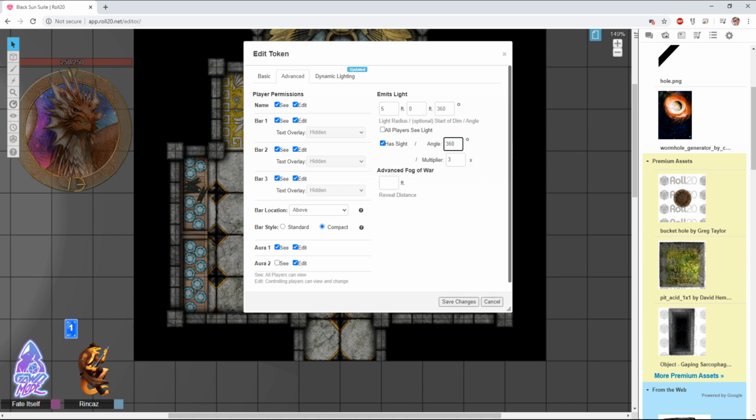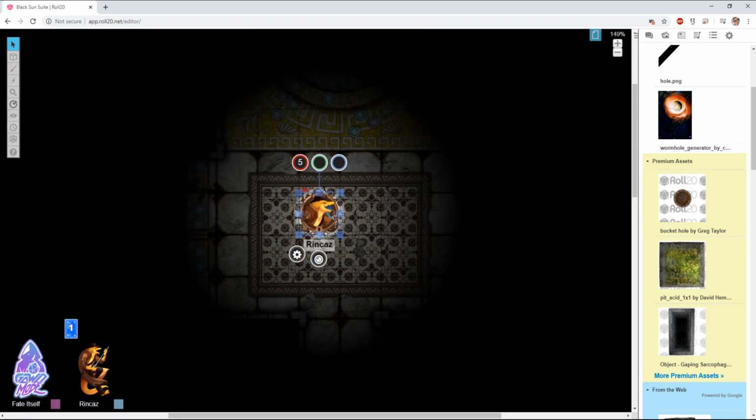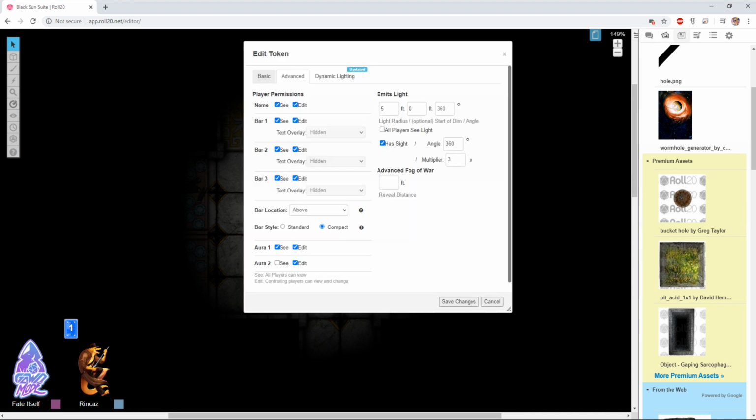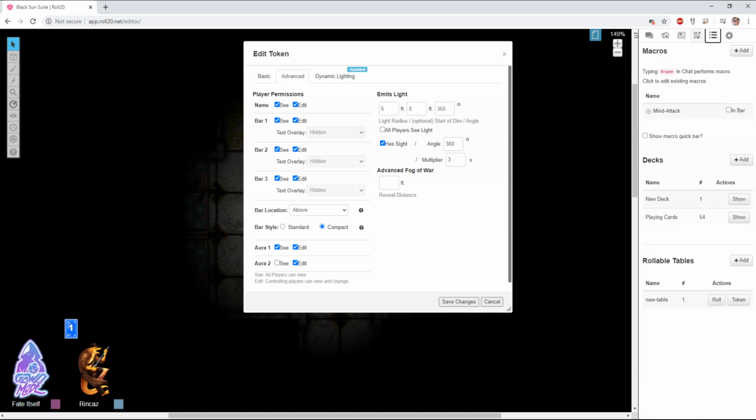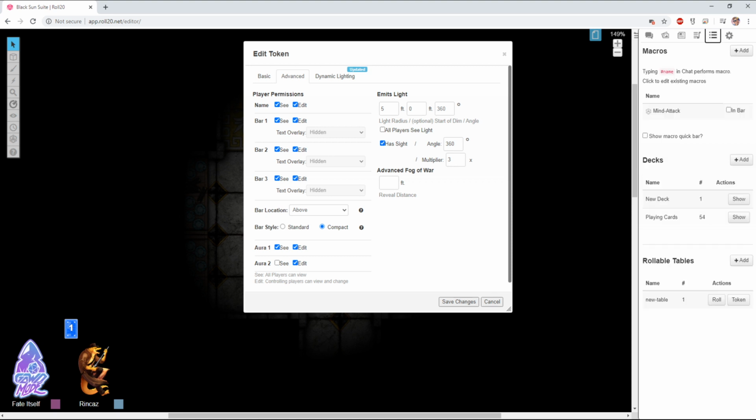Also, I don't find myself ever changing the angle of the sight of the character. If anything, I change the effect of the light that they're emitting. So, they may have a torch in their hands. And I believe, at least, let's go into the rules over here and do torch. Or you know what? This isn't an actual D&D game, so we're not going to get the kind of journal that we can use. So I'm just going to pop over to Roll20 using the compendium that we talked about